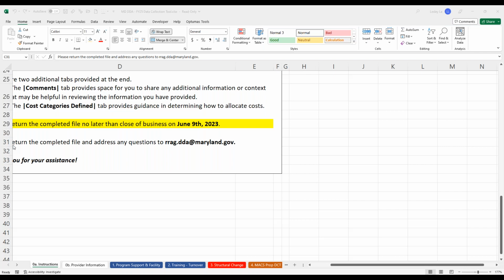Oh, I have one last question. Where can we find the most recent tool? I believe it was sent out a week ago. However, we can follow up with DDA to make sure that it gets shared out, or there's a place to share it.